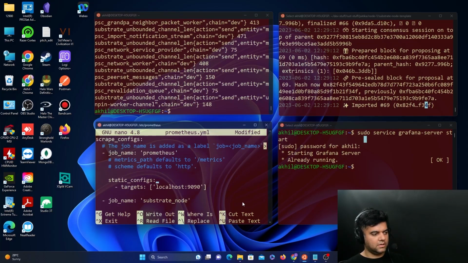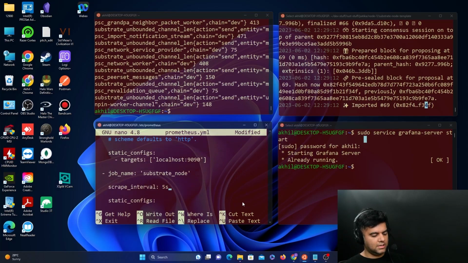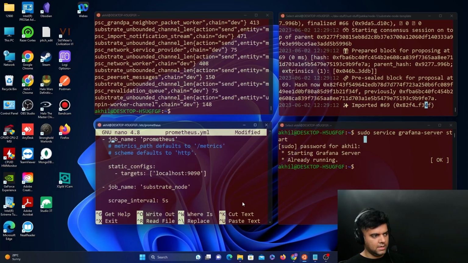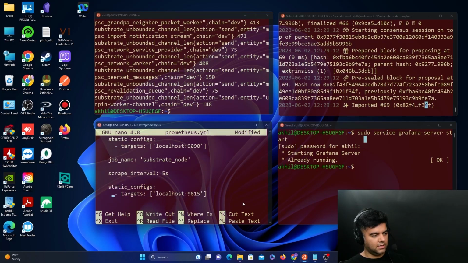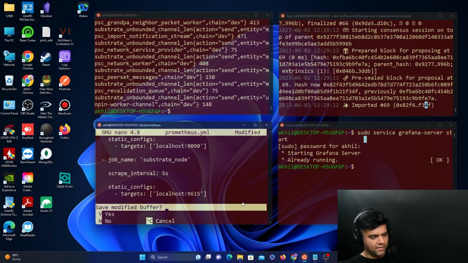Now for this configuration, make sure you get the spacing right. Just a pointer: just below job name, you need to make sure the hyphen and the job name are exactly on the same line, and static configs is on the same line as scrape interval and job name. Everything needs to align, and targets has to be in the same line as targets before. Since it's a YML file, spacing and tabs, all of that matters. So once you have this configured,